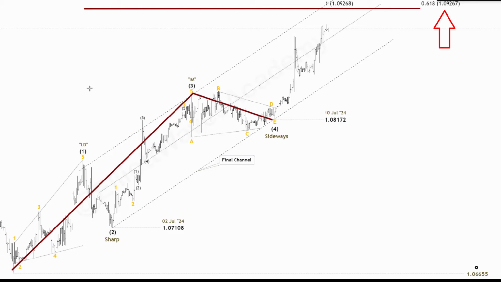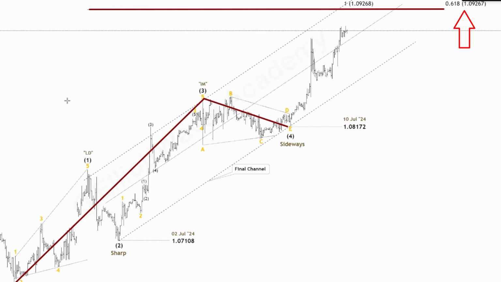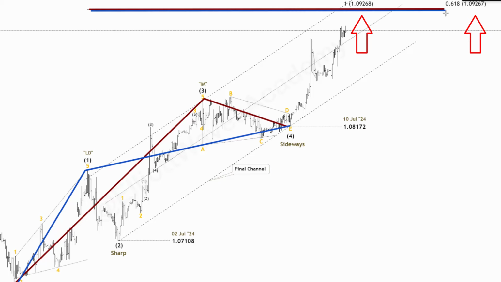We determined another target by using the Fibonacci extension tool from the beginning of wave 1 to its end, and then the other line over wave 4, and also set the level that represents 100% of the size of wave 1, which is 100% compatible with the first target that was 0.618. So this level is important to watch and see what is the pattern that will unfold as a wave 5